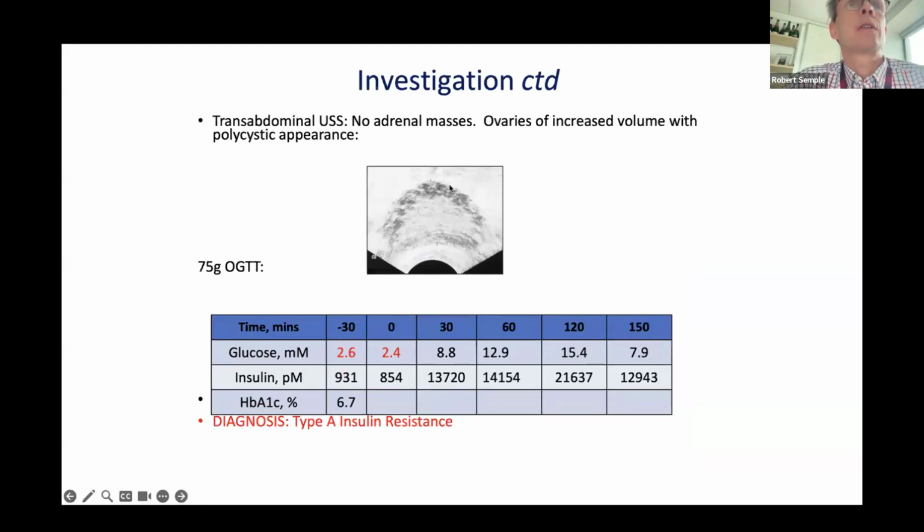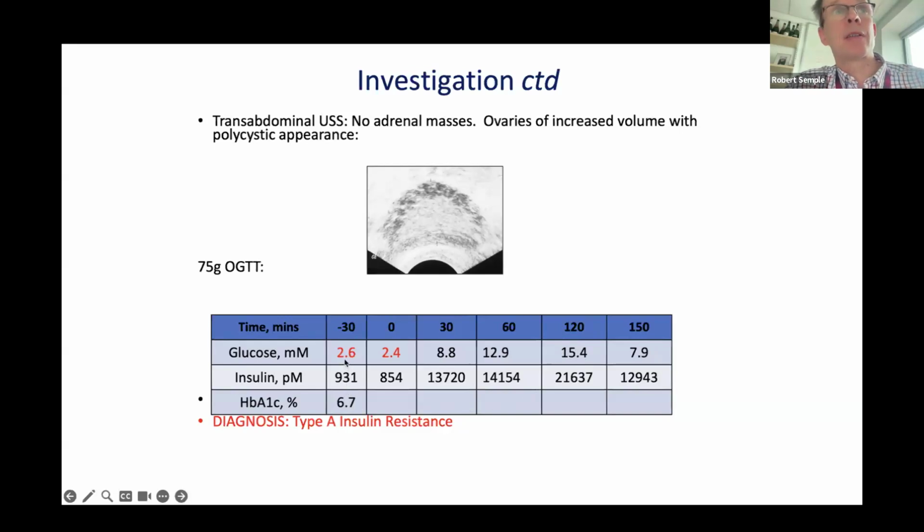And I think this was the ovary, which I showed earlier. So she had a classical ovarian appearance of polycystic ovary syndrome. But her OGTT showed really quite profound asymptomatic fasting hypoglycemia. She was diabetic by OGTT criteria, and you can see her fasting insulin, which I might expect, well, in